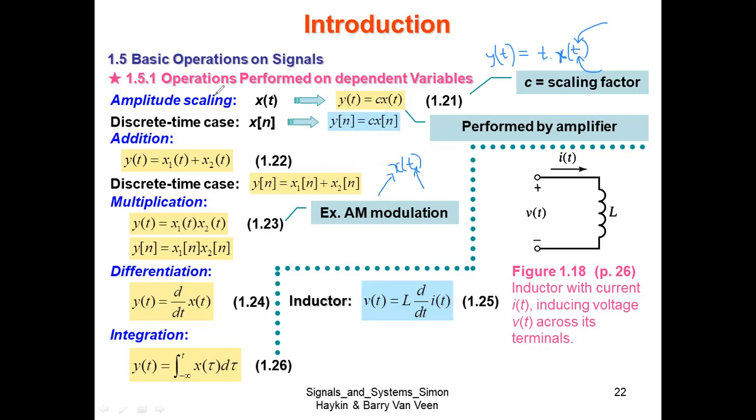So we are under the topic of basic operations that can be performed on signals, and currently we will be studying the operation performed on the dependent variable, that means on x. That is why I said that if you give the input frequency, frequency is a function of time only, so the output frequency is going to be the same. Only the dependent variable is going to be multiplied by some constant C. C can be minus 10, C can be plus 2. So that was the first operation, amplitude scaling.